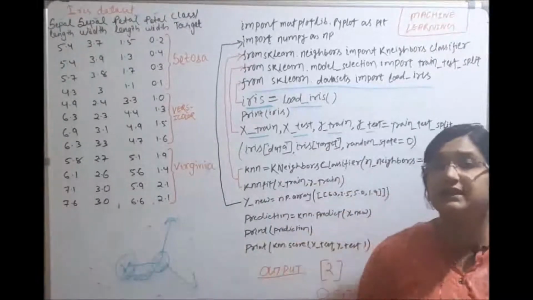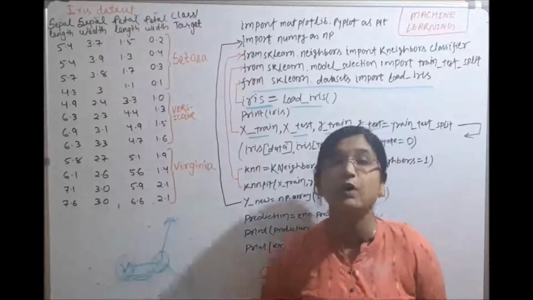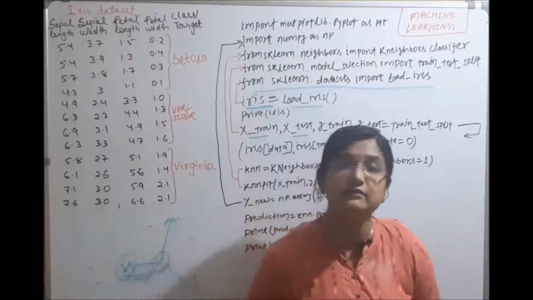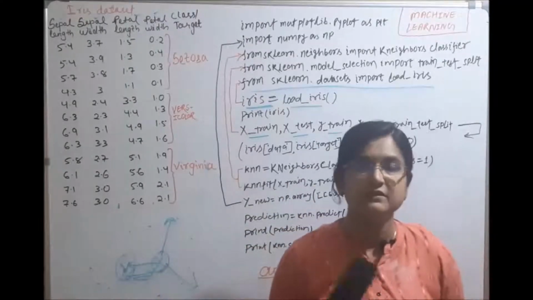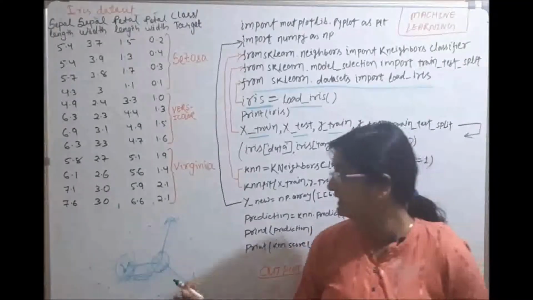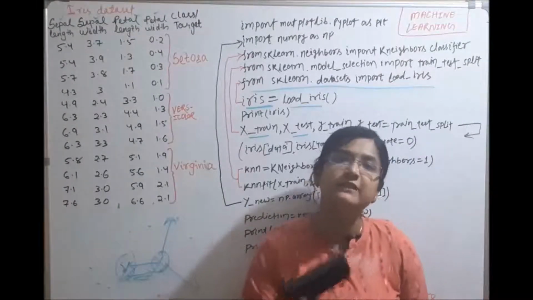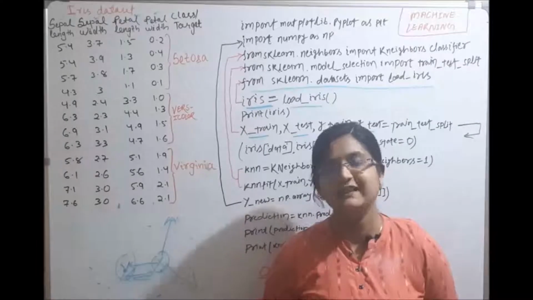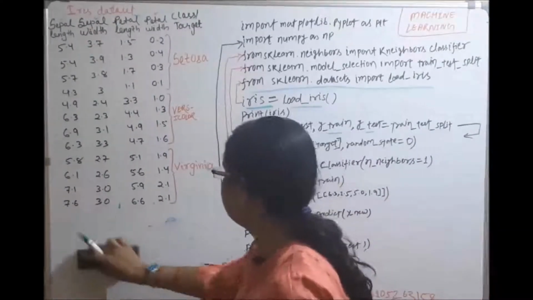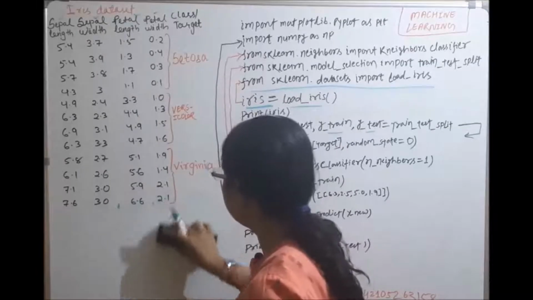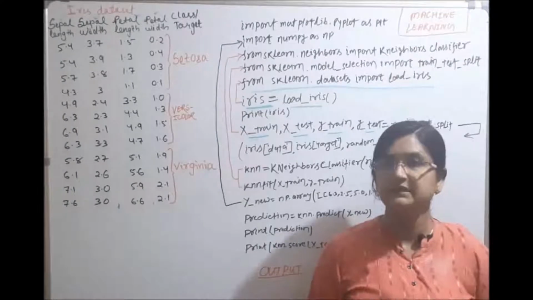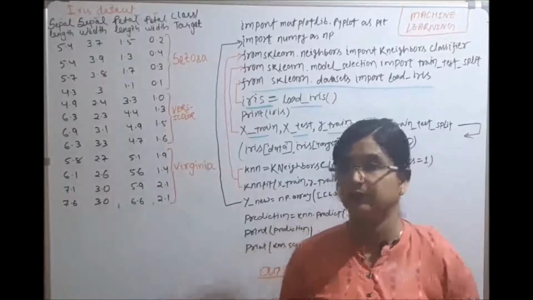What it will do is check the species of the Y iris flower. Suppose my Y iris flower species is Setosa. The algorithm will predict that the X species will also be Setosa. In this way the algorithm works. So I have briefly explained the algorithm. In another video I will explain only the mathematics of the KNN algorithm.